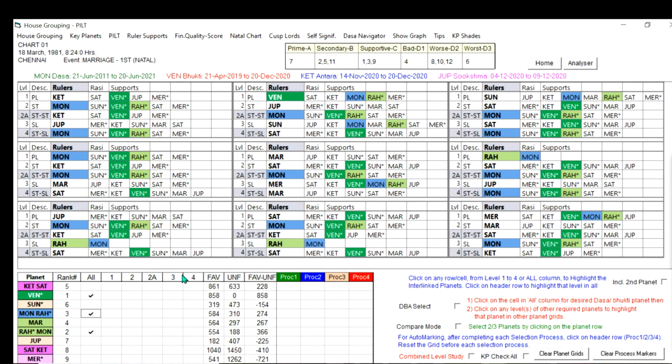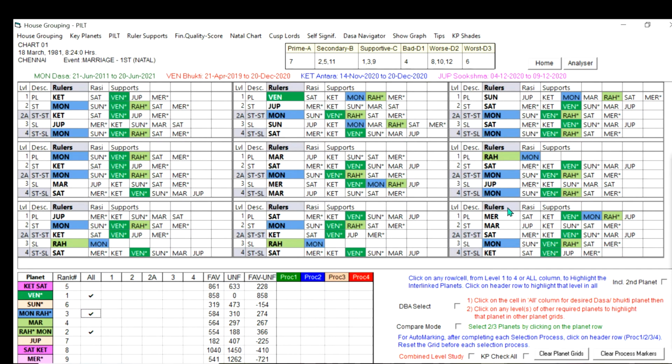You can check which planets have these 3 planets in their star lord and sublord. In that way, you can see Venus has first level Venus, and at the second level only Moon, which is not good, and that is Jupiter. Jupiter is, you can see, 7th rank, which is light red, so it is not a good planet. And the Sun also has only Moon at the 2nd and 3rd level, no Mars and